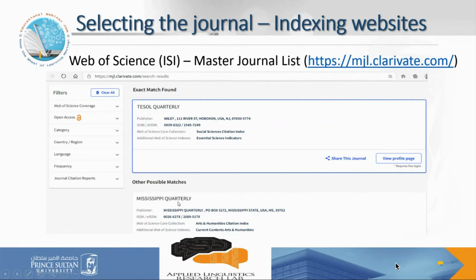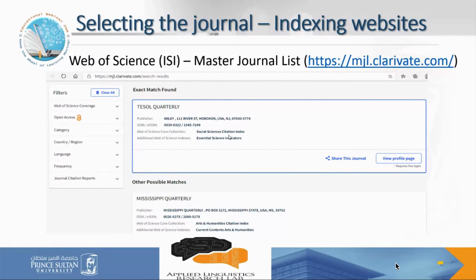It also gives you some more information here about the publisher, etc. And actually, if you have the whole page, you'll find more information. If you are registered in Clarivate, then you can also view the profile page, and it will give further information. So if the journal shows here that it is in Web of Science, you have to check this part: which index is it in exactly, because there is an index called Emerging Sources Citation Index